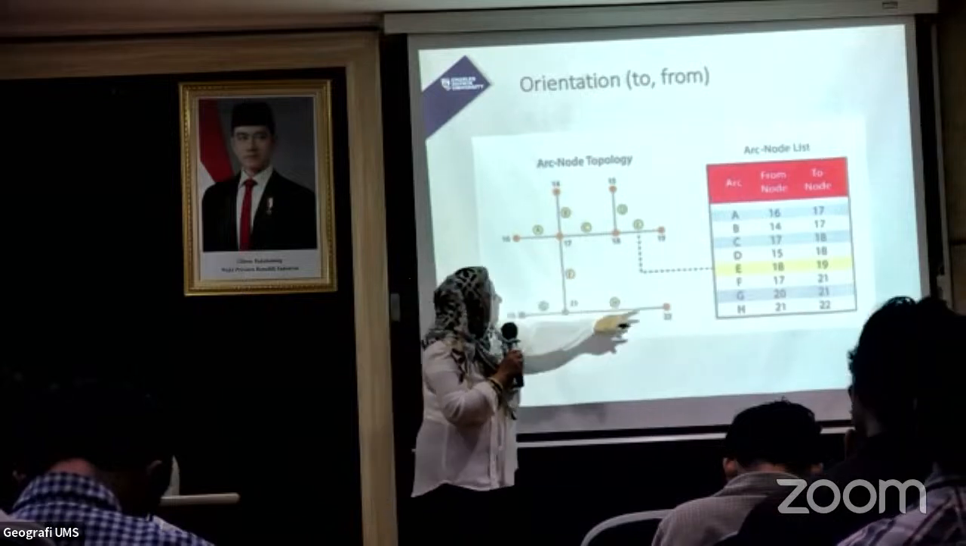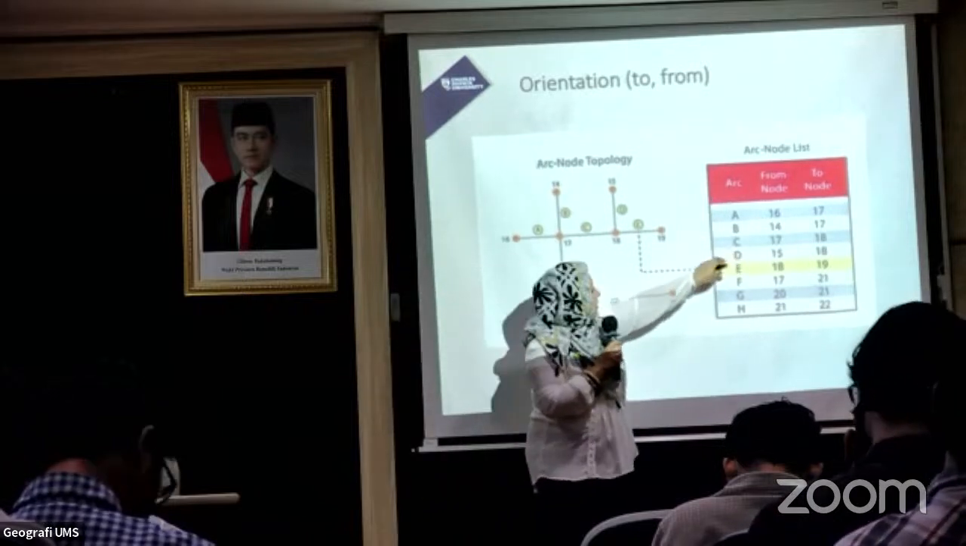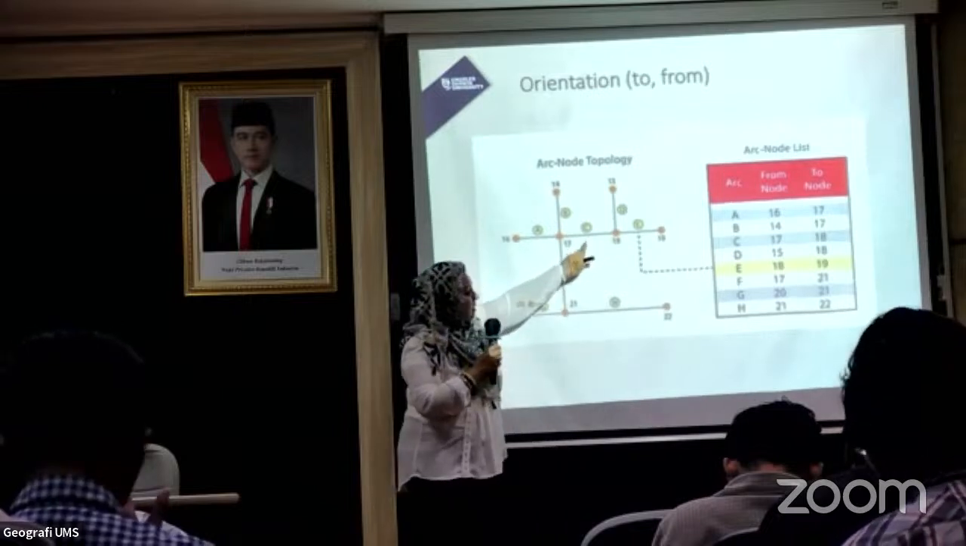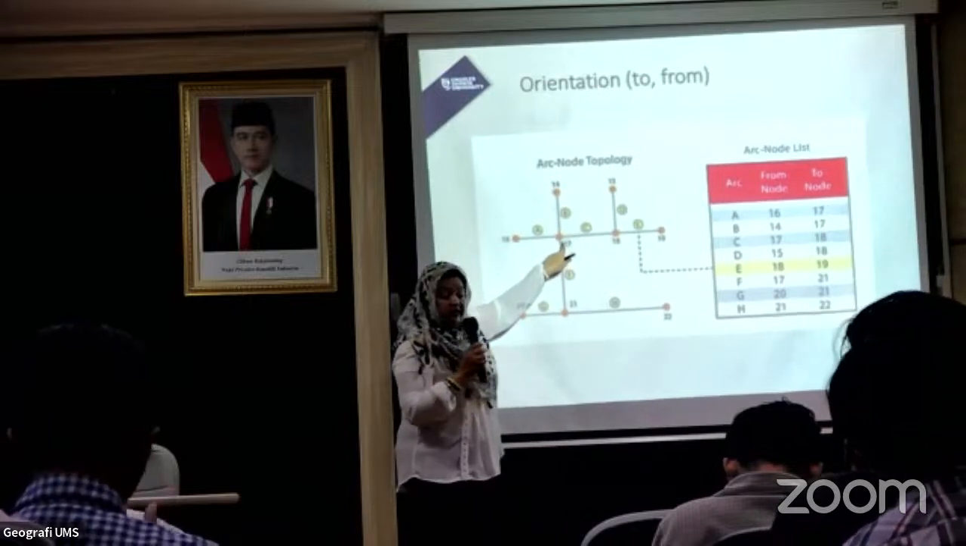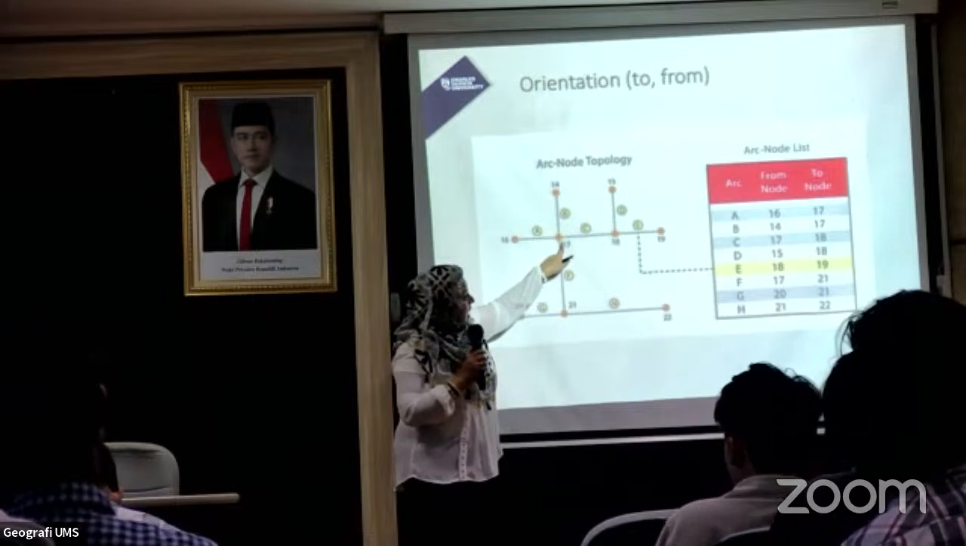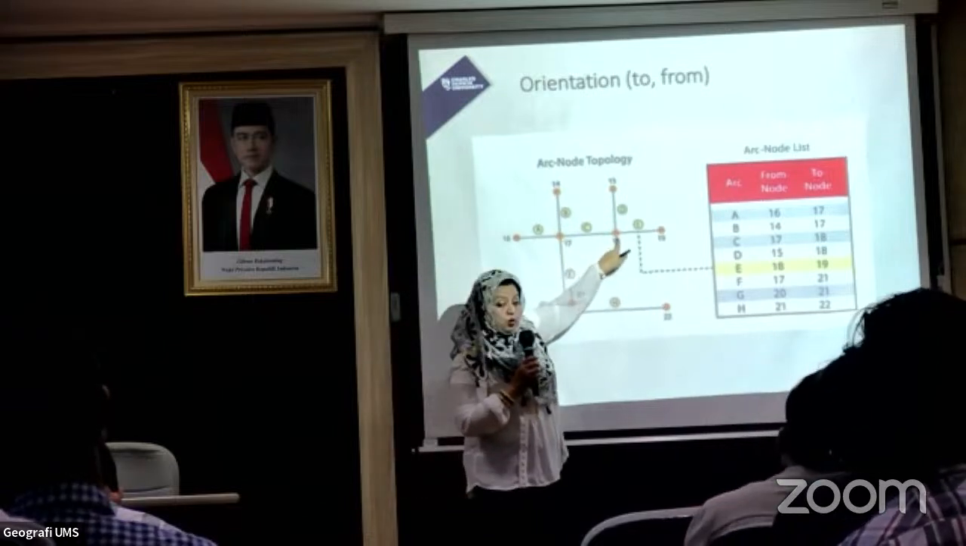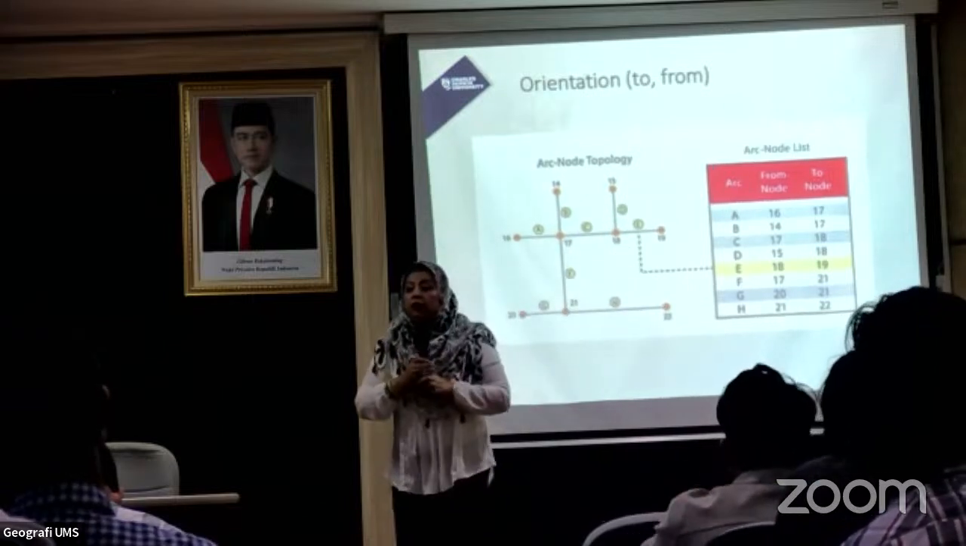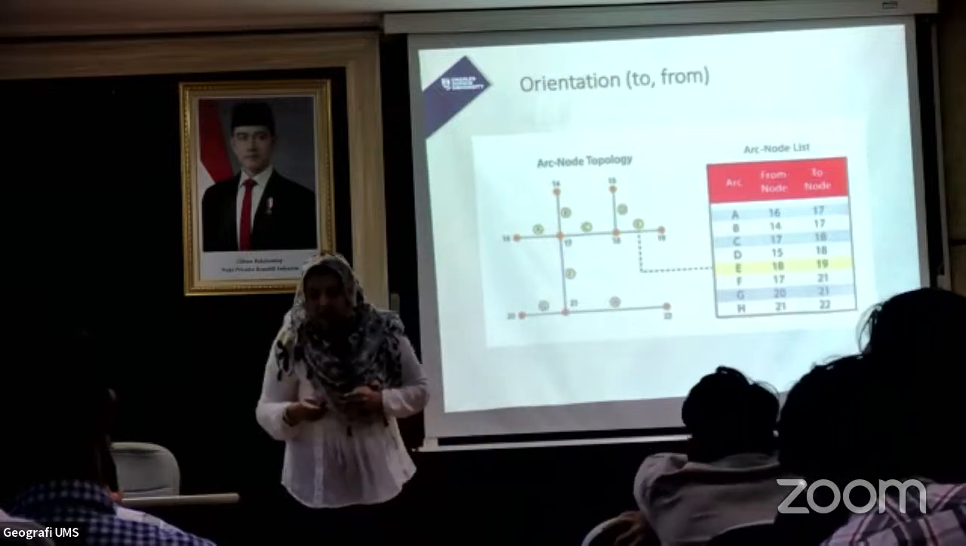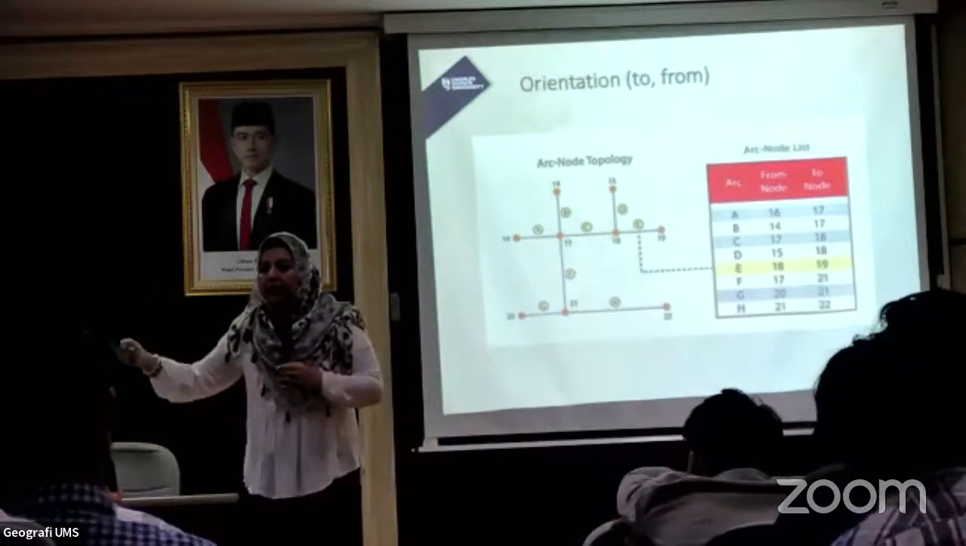The same is with arc C. This is arc C, and now 17 is its starting node and its ending node is 18. So how do we store orientation information, starting and